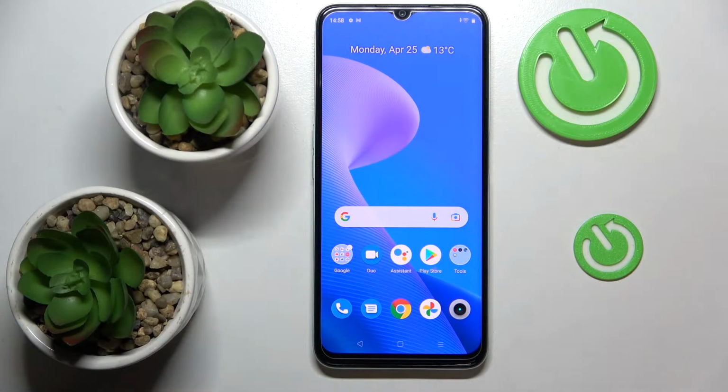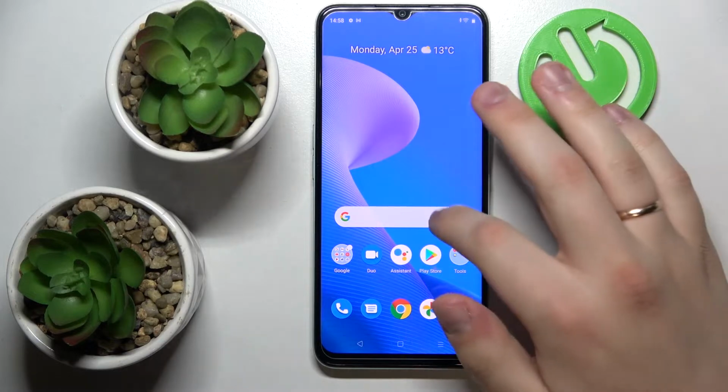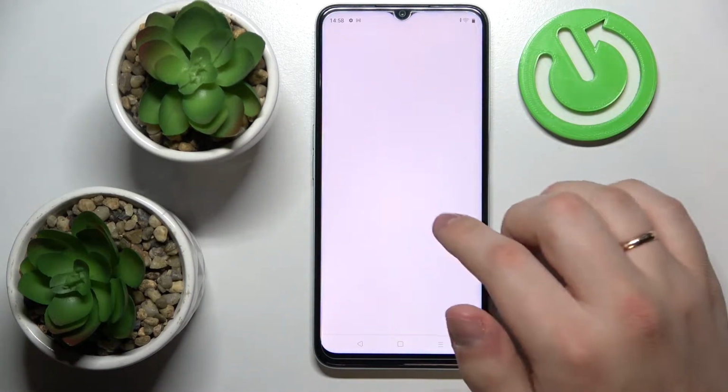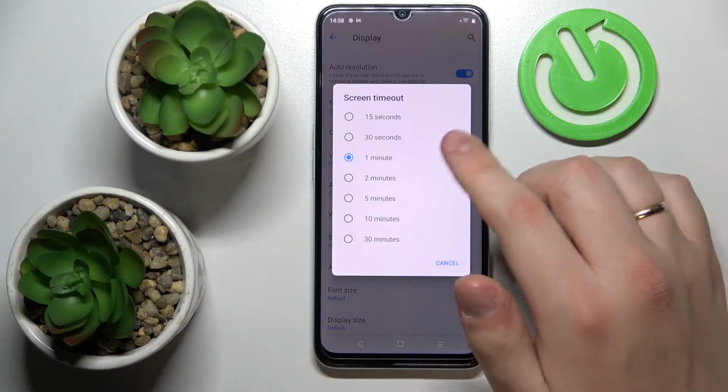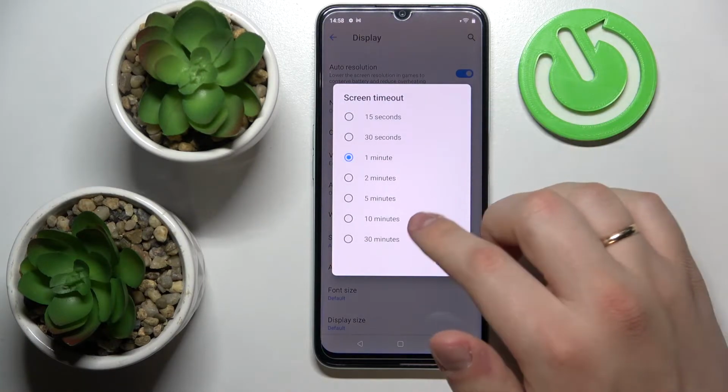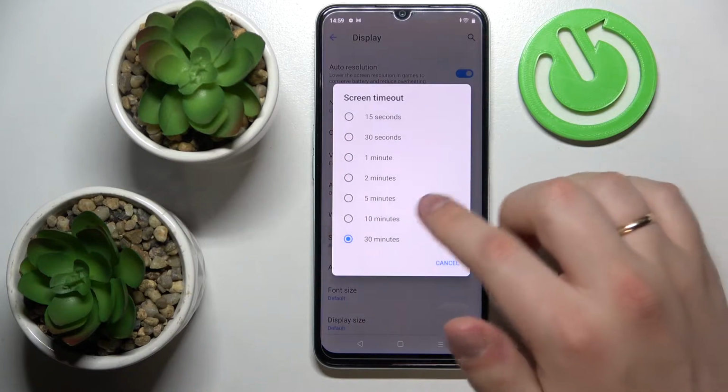Hi everyone, today in front of me I have this Realme Narzo 50A Prime smartphone, and in this video I would like to show how you can change the screen timeout value to never. If we open up the display settings of this device, the screen timeout option at the display settings, we'll see that the maximum value that we can set is 30